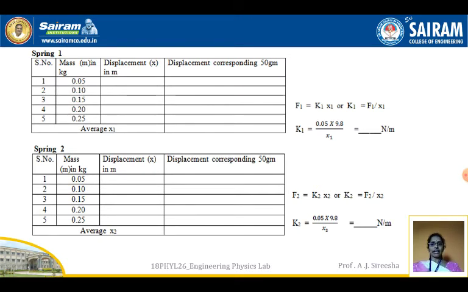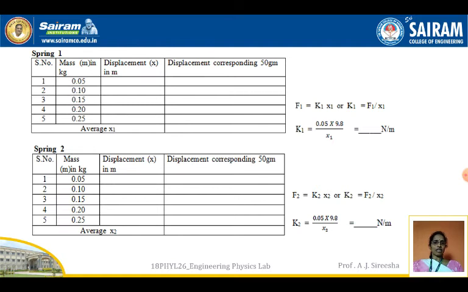and you can fill the tabular column here, displacement x in meters. So next, serial number 3 is 0.150, that is 150 grams. If you measure in kgs, it becomes 0.150. Measure the displacement. Similarly, increase the weight by 50 more grams, it becomes 200 grams, that is 0.20, and note down the corresponding displacement. So you have tabulated the readings for the displacement in meters.